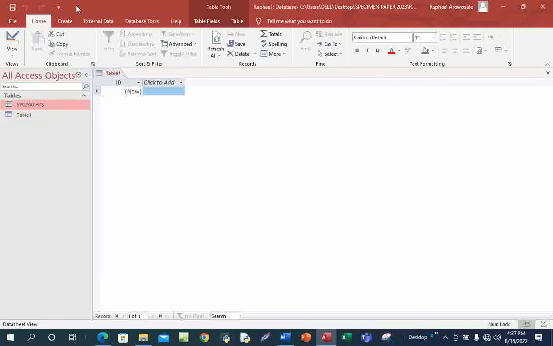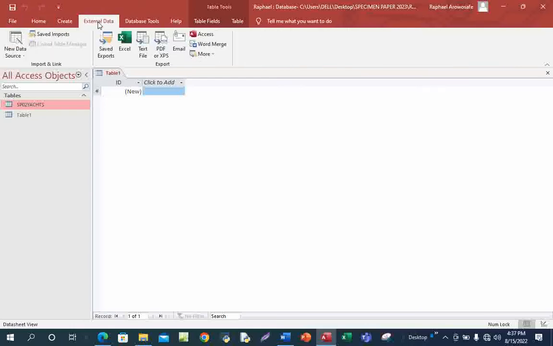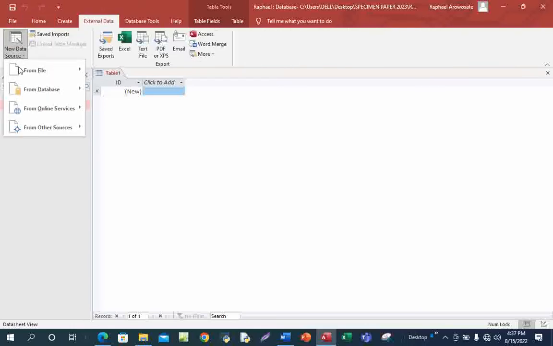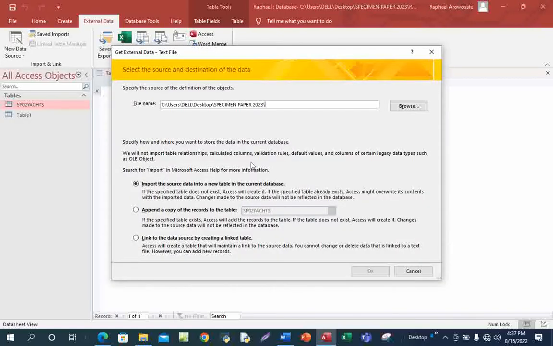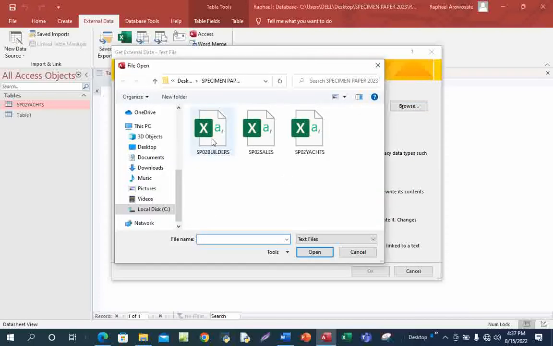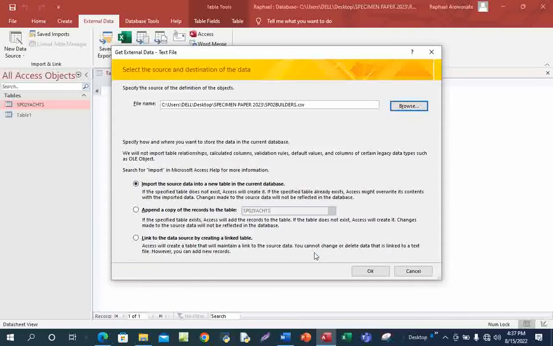Okay, just leave it. Now let's go and import it. External, come to this. Then you come here, test file, builder, click on open,